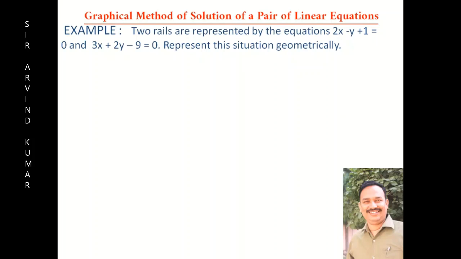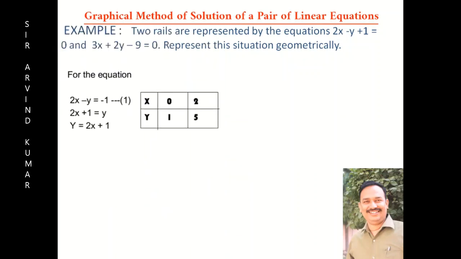I think all of you have an idea how to draw a line. In class 9th you have studied. Just pause it and try to make the pair of lines. After that we will discuss the solution. Okay, now let me tell you how to make it. We will find point-wise solutions, which means we have to take the value of one variable in terms of the other.